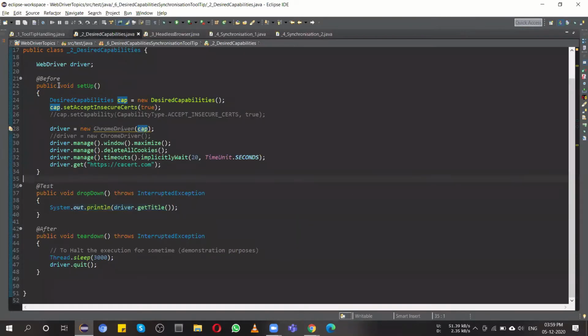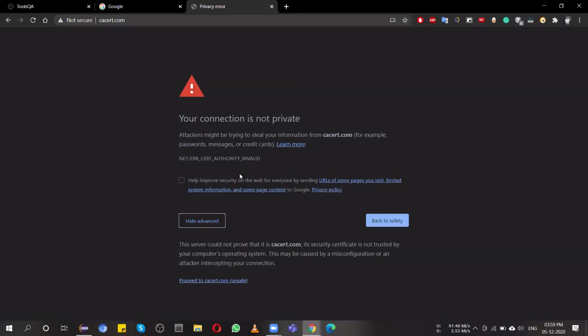So this is how you can handle the SSL certificate error. The question arises from the interview side: how to handle SSL certificate error and how to proceed further.